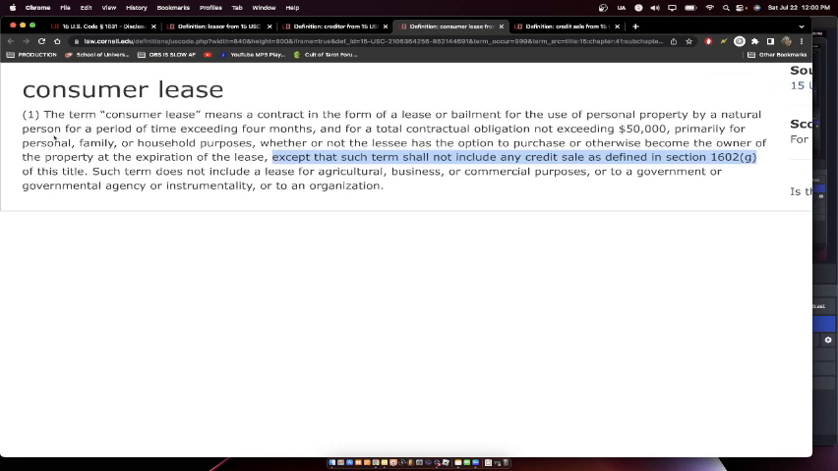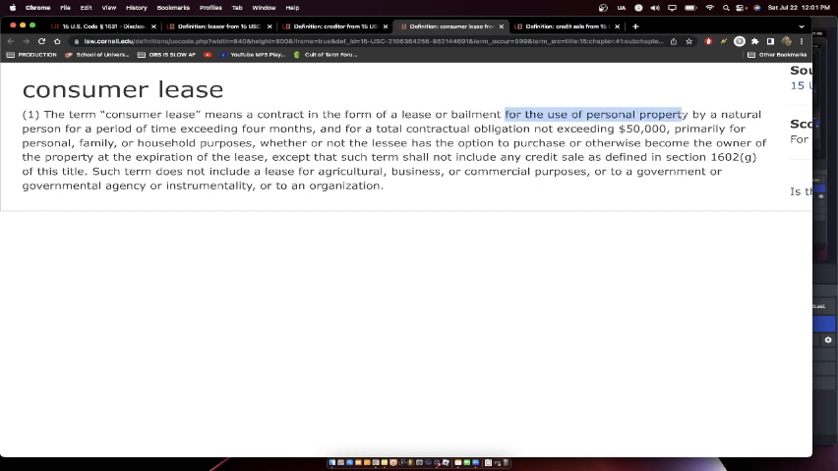by a natural person. No, a consumer. I'm trying to take some of these words out because they'll confuse you. If it's too many words, they will confuse you. The term consumer lease means a contract in the form of a lease. So it's a contract that says lease on it. So consumer lease means a contract